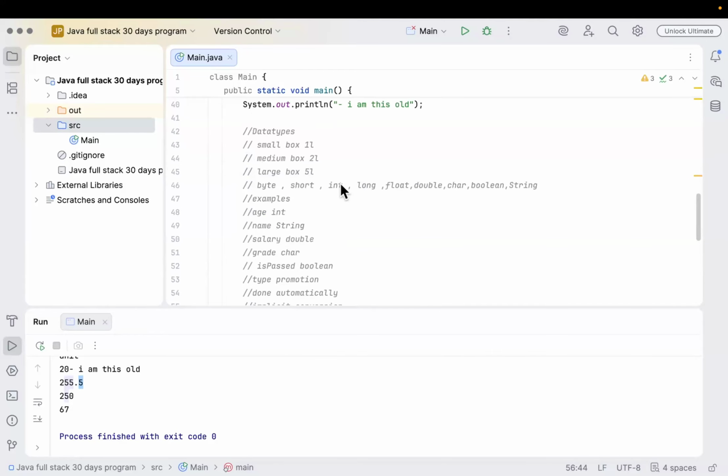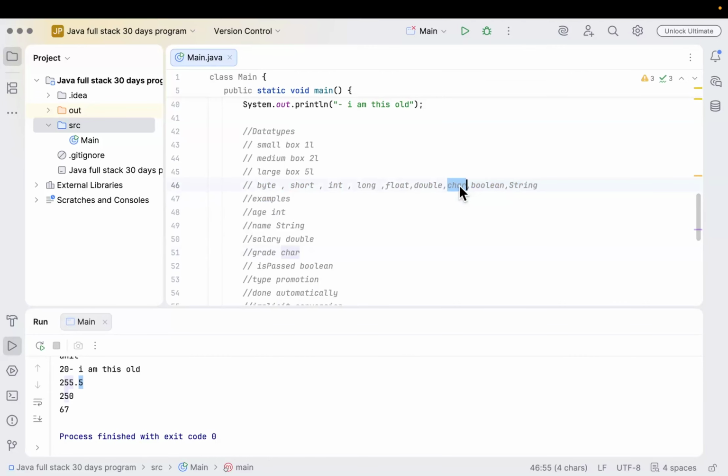So if we see here, it works like this: byte is the smallest, then we got the short, then we got the int, long, float, and double. So these are the data types we got for the integer format, or we can say for the number format. And char, boolean, string, you can say it as a string type or language type variables we have. So these are the number types, and these are the